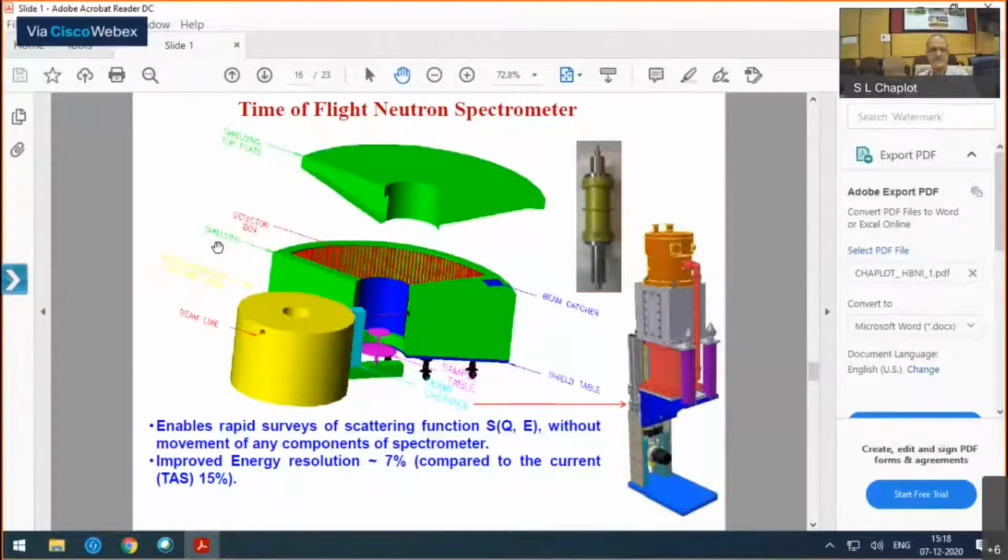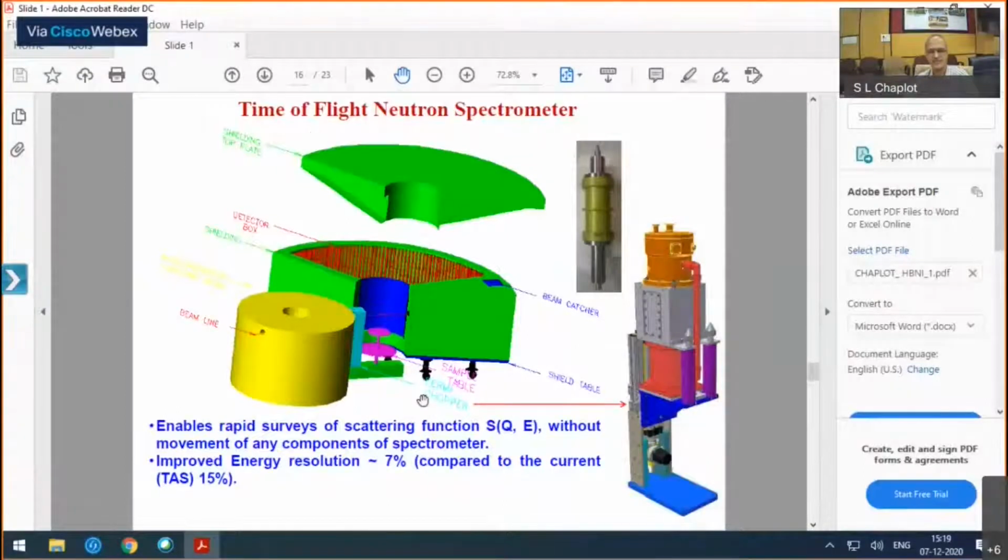Okay, these are the components. A major thing here is that you need a large detector box with a large number of detectors around the sample. In this particular case, one has a monochromator drum very similar to that in the triple axis spectrometer. But then you have a mechanism of pulsing the beam. Then at the sample table, and then from the sample table, you have a detector chamber, which allows you to measure the neutrons over a range of the solid angle, and also allows you to determine the neutron time of flight.